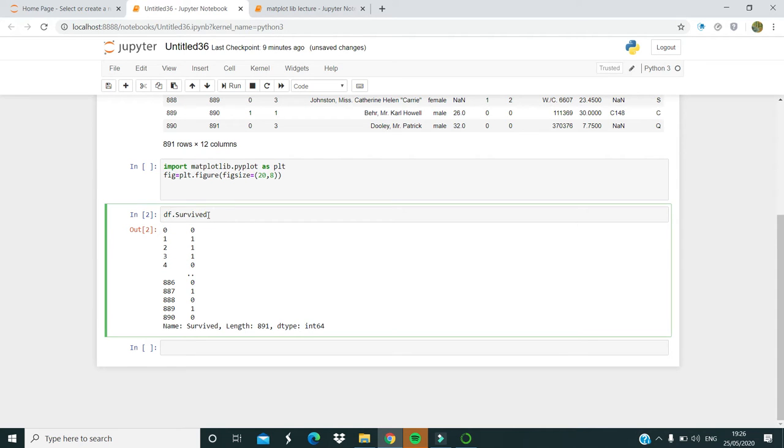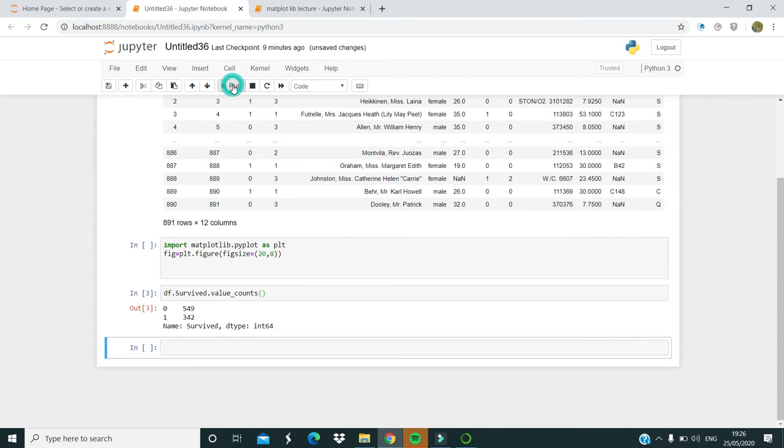Now in previous classes we have taught that to count how many zeros are there and how many ones are there, we have a method called value_counts. This method will return how many zeros and how many ones there are.